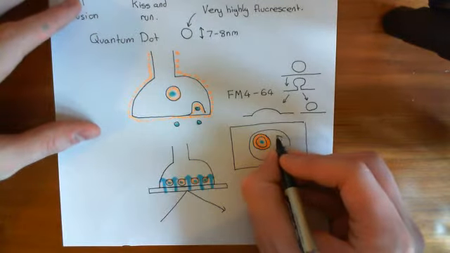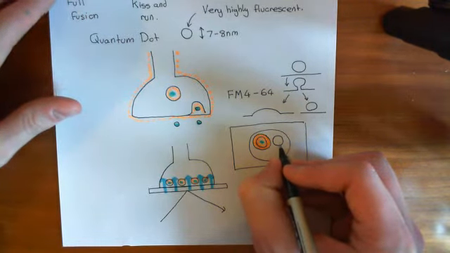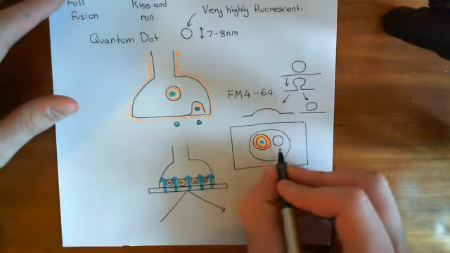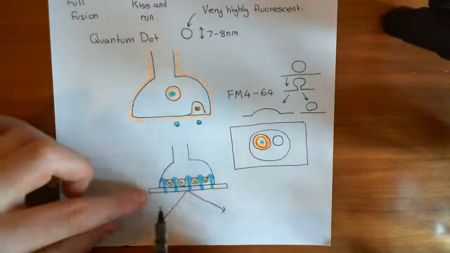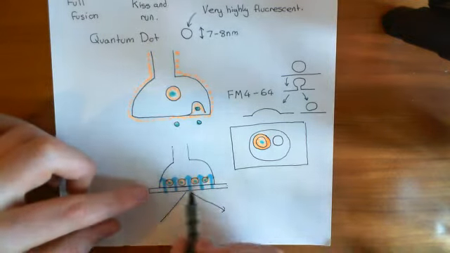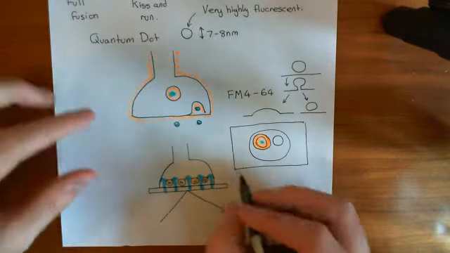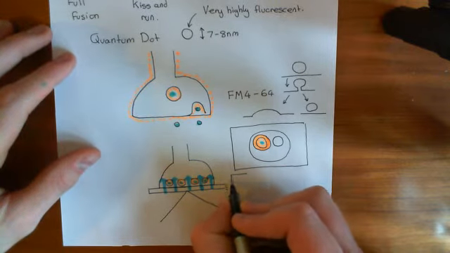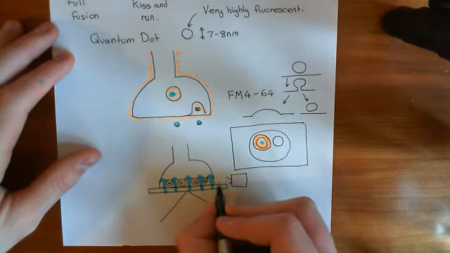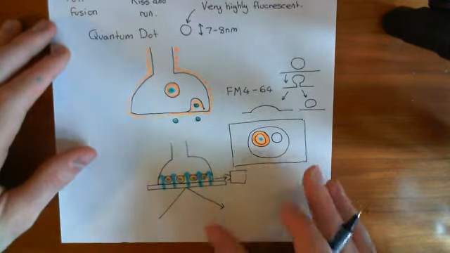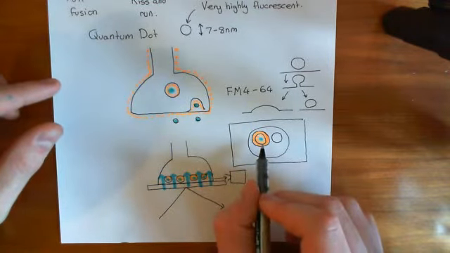So, if you get kiss and run fusion, what you're going to get is a little bit of the FM464 coming out, okay, into the plasma membrane. And again, you'll probably have to be able to see that from taking a picture from a different angle rather than from below, as I'm showing here. But you'll see a little bit of the FM464 coming into the plasma membrane. So for instance, if you took a photo from this angle here, okay, you can imagine that you'd be able to see this orange dye going into the plasma membrane here. Okay, right, so you'll see the FM464 going into the membrane, but you won't see the quantum dot leaving,